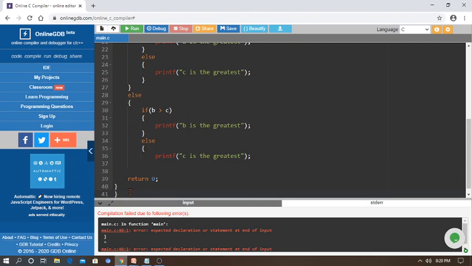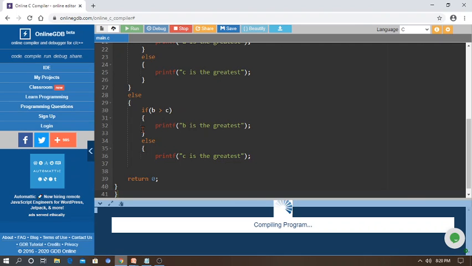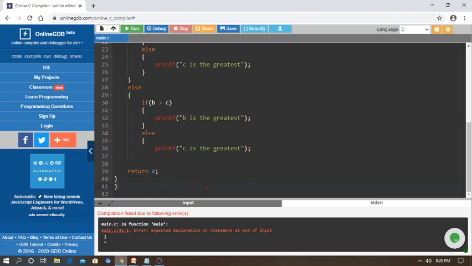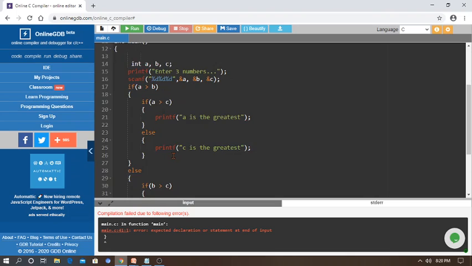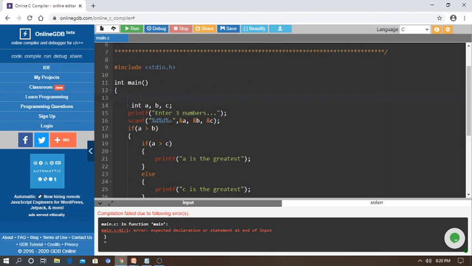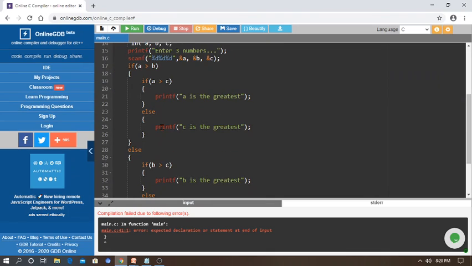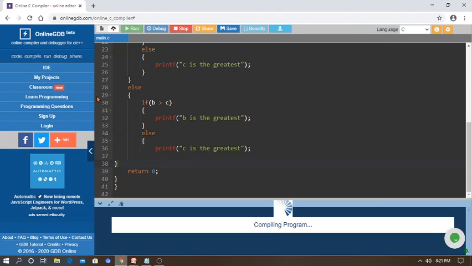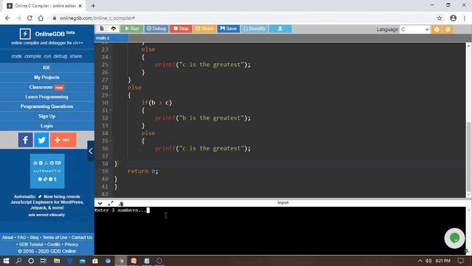All the statements should end with a semicolon and should have open and close brackets equally. Sorry for the inconvenience.